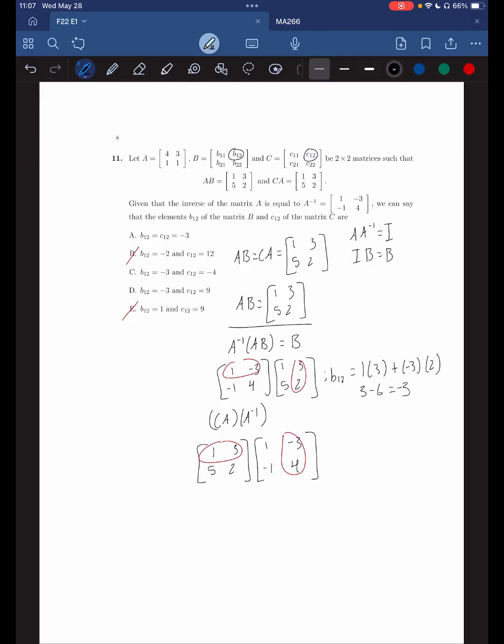Which gives us 1 times -3 plus 3 times 4 is equal to 9. Therefore, your answer here is